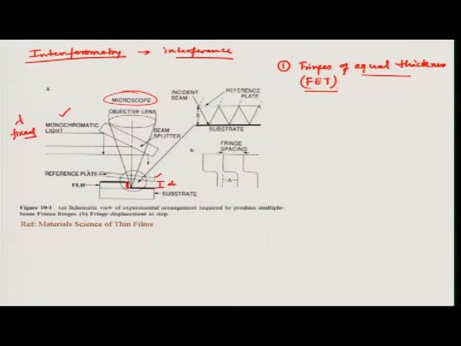Okay. Now, this is a reference plate which is slightly tilted, so that you can get multiple reflections from any given point. So this is your reference plate and you have substrate. So, if you have multiple reflections, they will give you more reflected light to form interference pattern. So, higher intensity.